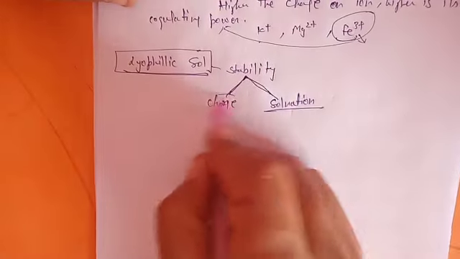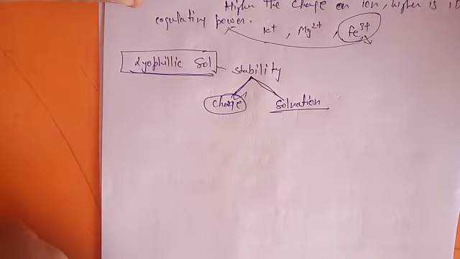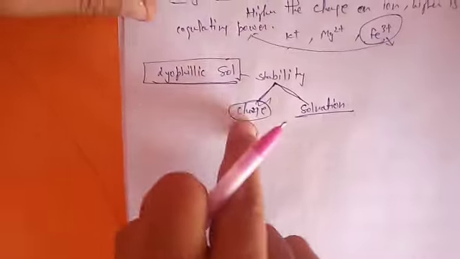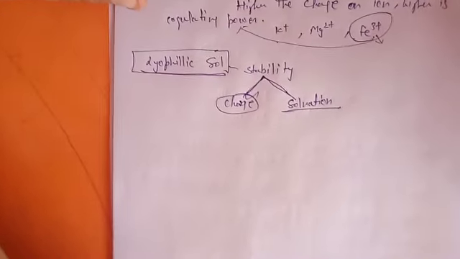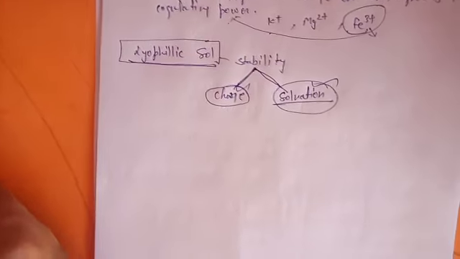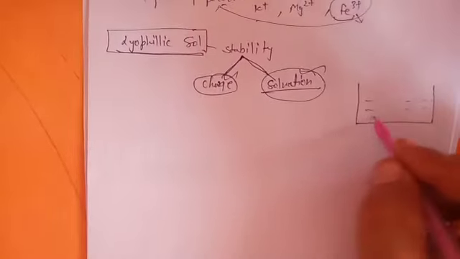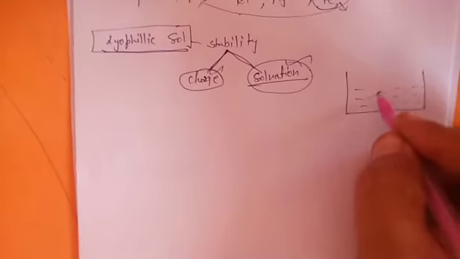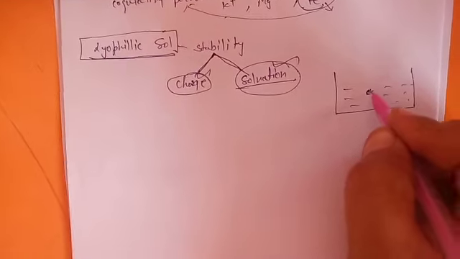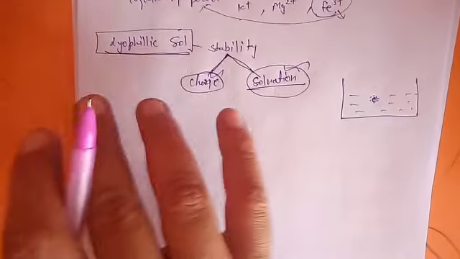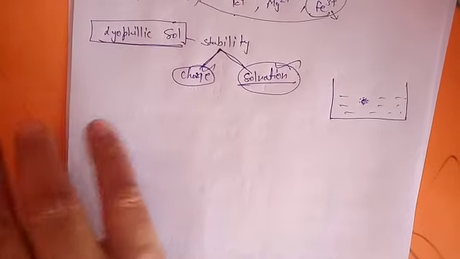If the stability is due to charge, you can coagulate a sol, whether positively or negatively charged, by using some electrolyte easily. But what about solvation? If solvation is quite high, what do we mean by solvation? Suppose this is a colloid in which this is a dispersed phase particle and this is a dispersed medium particle. The dispersed phase particle is surrounded by dispersed medium particles and hence is helped. Because the forces are attractive, its stability is quite good in this case.